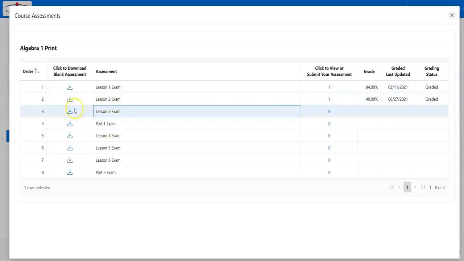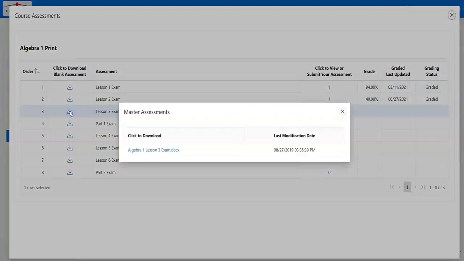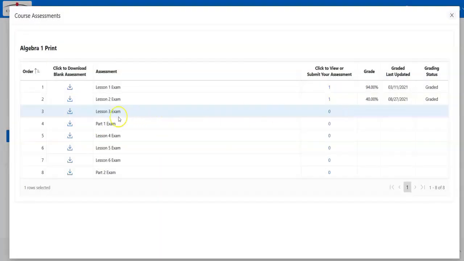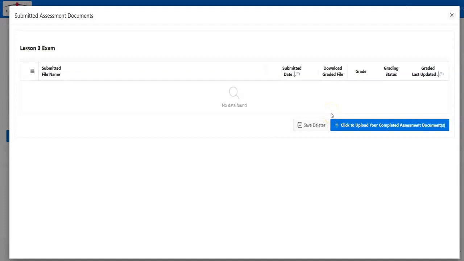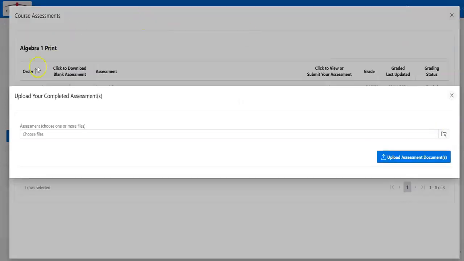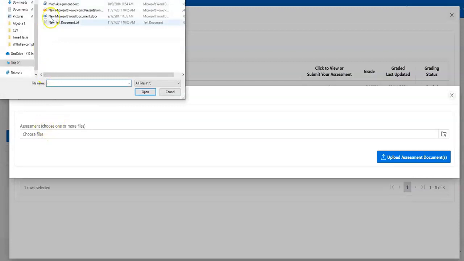Now if I wanted to download it, I would click on this icon here, and I can download the individual assignment right here. Or I can go all the way over to the right, click on this number 0 here, and this is where I can upload my document. You're just going to click on this blue button that reads "Click to upload your completed assignment documents." Choose the file you want to submit,